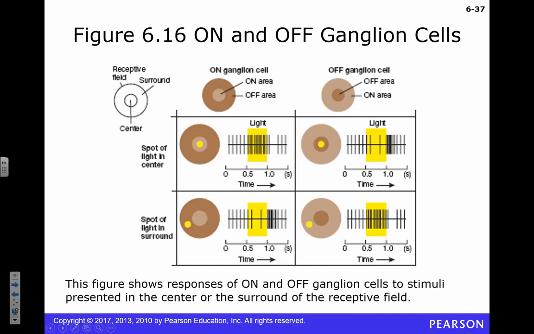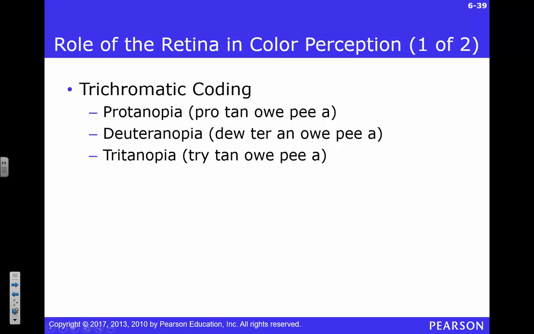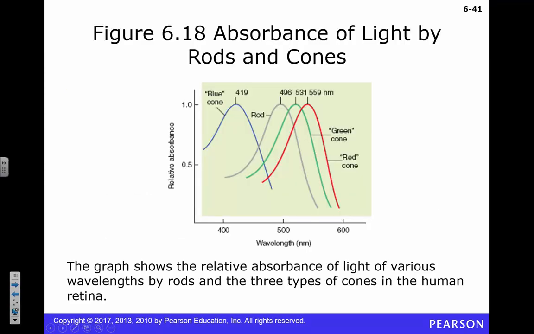Don't worry too much about this slide either. More contrast, I'm not going to ask you about that. We should think briefly about color vision. Basically, you have three photoreceptors, each sensitive to a different wavelength of light. And then you have that fourth guy, those are your rods. Again, keep in mind, why do we put blue, green, or red in quotes? It's because that light is not actually blue, green, or red. We perceive it as that color once we get things into higher order brain regions and we do that processing.